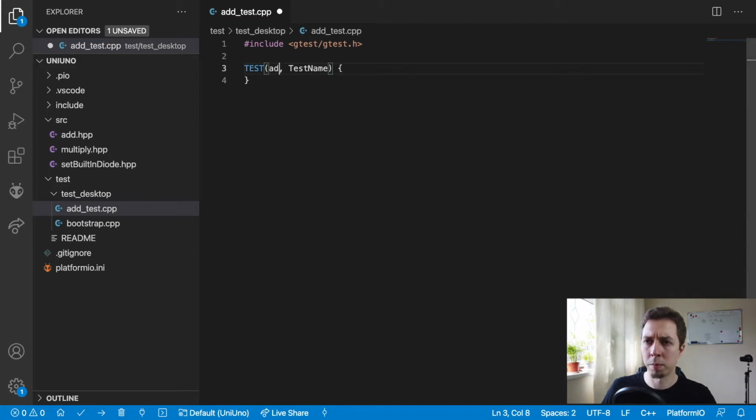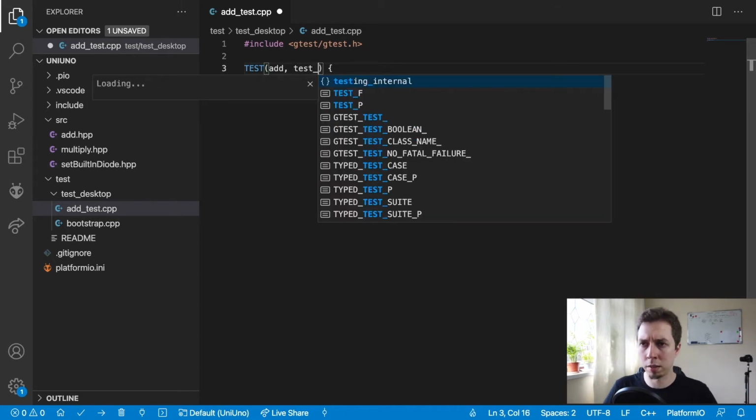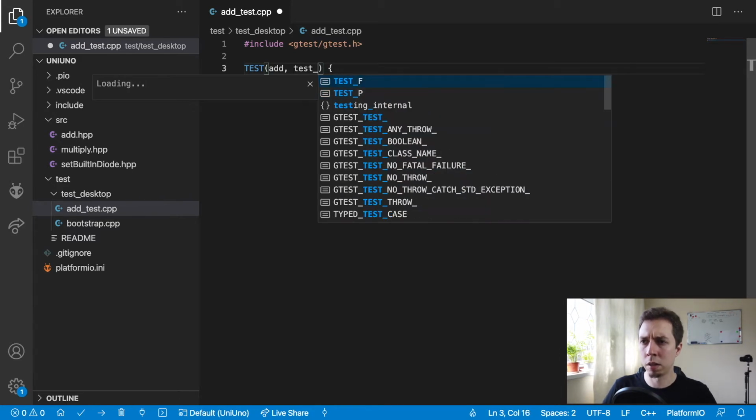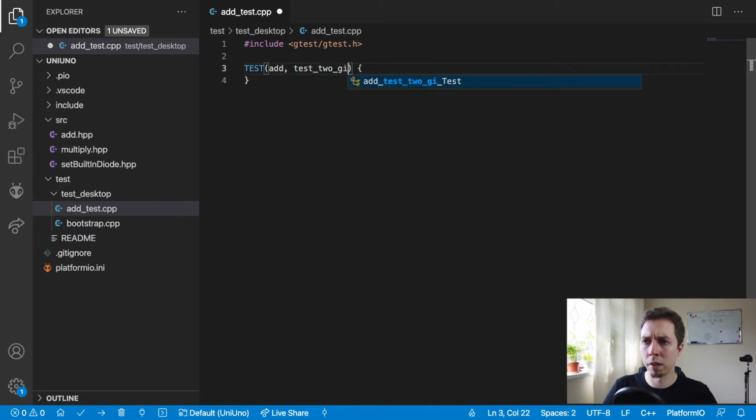So I'm gonna just type add, and the second, this can be anything. It's supposed to be test name, but usually what I put is the description of what I'm testing, the behavior that I'm testing. So what I'm gonna do is to just put here something like test if maybe test 2 given ints